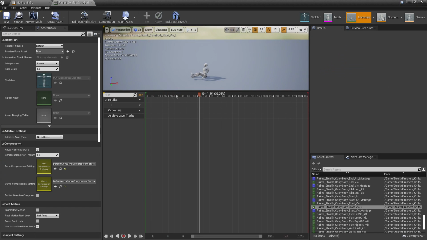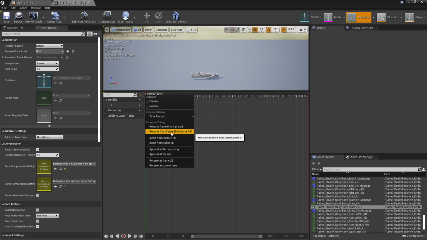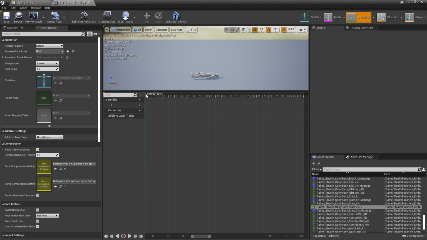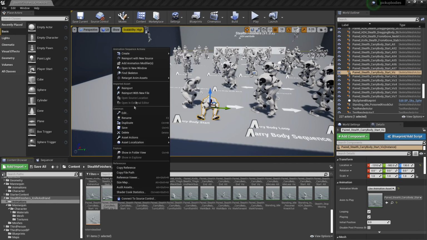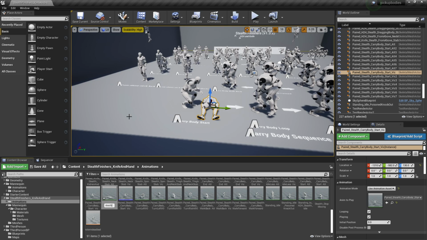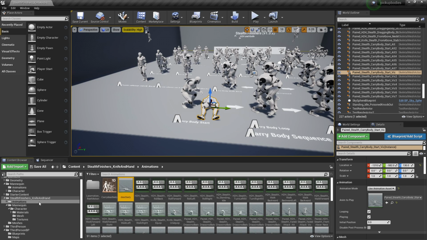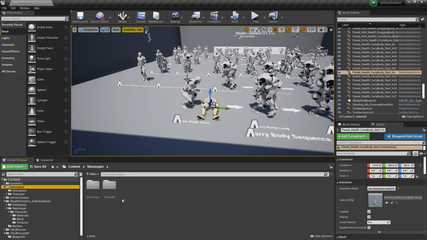And what I did is just go to the start and then right click and click remove frames 29 to 141, and then you want to remove frames 1 to 29. And just rename this dead body or whatever appropriate name. We can head back to our mannequin